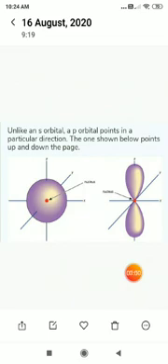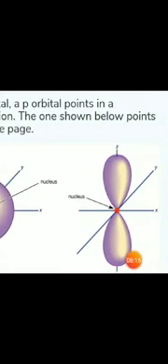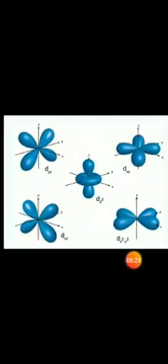And this first diagram shows the shape of the s orbital. Generally the central point of the sphere is called the nucleus, and along the x, y, z axes we can see here. And when you come to the p orbital, this is the shape of the p orbital. The shape of the p orbital is a dumbbell. This is a dumbbell, children. It is not like a sphere, right? And here also the central point is there. That central point is called the nucleus.